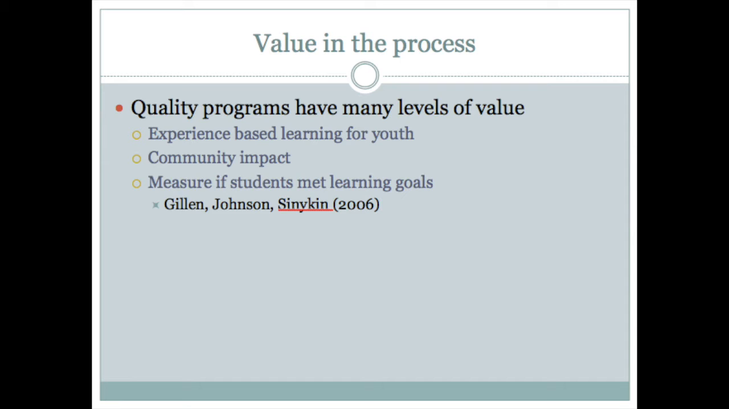It should have a direct impact on the community, which could mean helping organize a fundraiser that could put in a disabilities accessible playground area in their community, for example. And then finally, it should measure if students met their learning goals. So it should be clear in the end if the students accomplished what they were hoping to accomplish, and if